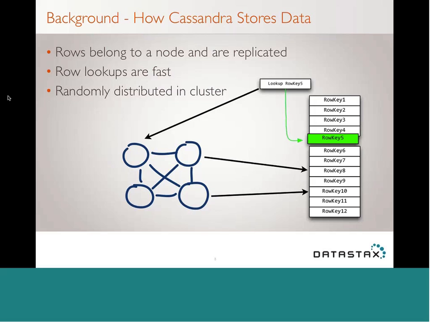I don't want to dig too far into it. But this is important to know how to model data in Cassandra, just knowing what's going on underneath. So